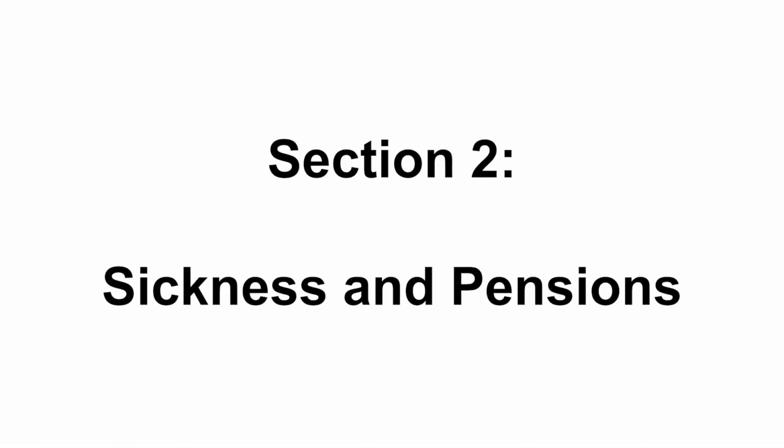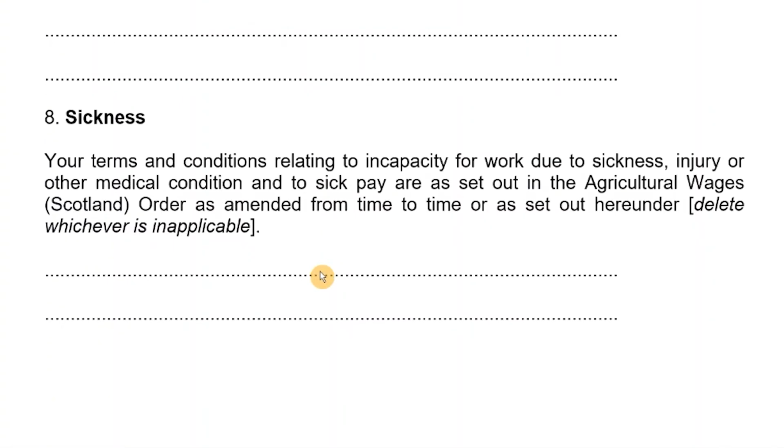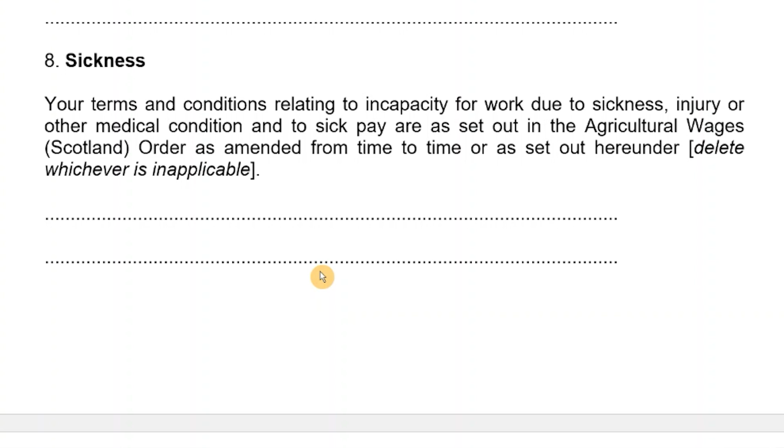The next section we will look at as part of the video is sickness and pensions. So starting with sickness. It is acceptable to state that it will be the agricultural sick pay conditions set out in the Agricultural Wages Scotland Order, unless you wish to offer any additional sick pay benefits that are not covered by the Wages Order. The Wages Order criteria states that a worker must have been in continuous employment with the same employer for at least 52 weeks to qualify for agricultural sick pay, and the minimum number of days of sick pay to which a worker may be entitled to in any period of 52 weeks